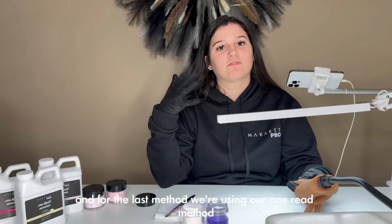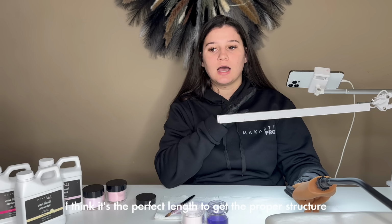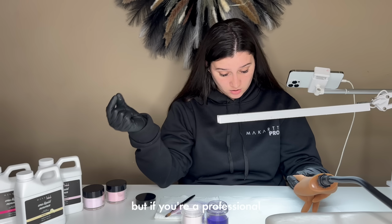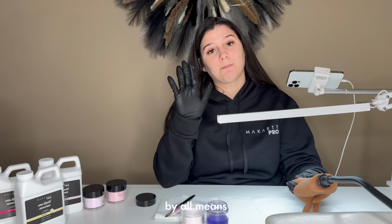We love her. And for the last method, we're using our 1 bead method. I strongly suggest using this for medium to short lengths. I think it's the perfect length to get the proper structure using just 1 singular bead. But if you're a professional and you use a size 24 brush and you could do a 1 bead on an extra long length of nail, by all means,